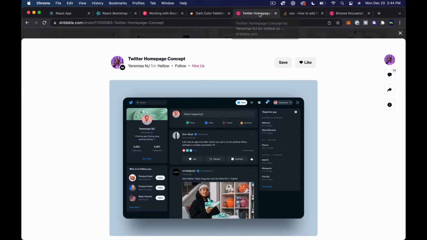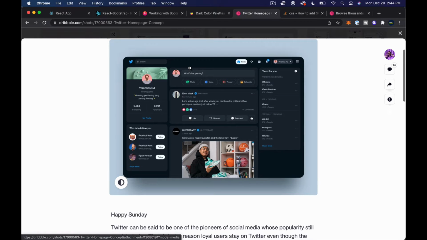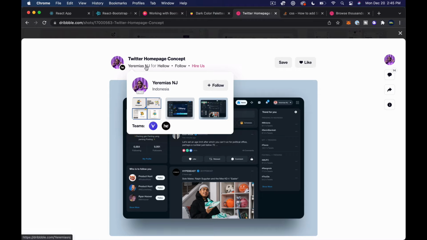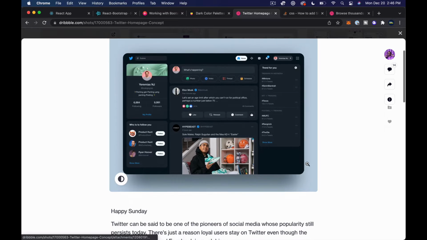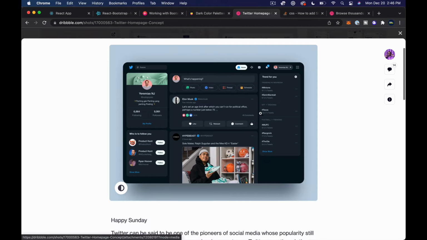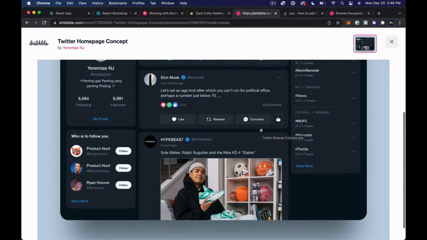But anyway, I did a search for Twitter, and I came across this, which doesn't look totally different from the real Twitter app. I think this may look like a slightly older version, if I'm remembering correctly. And just to quickly give a shout out, this is by Jeremias NJ, I'm not going to say this correctly. Anyway, I don't think we're going to copy this design exactly, and obviously this is heavily influenced by the actual Twitter design. But what I want to look at here is, if we zoom in on this,